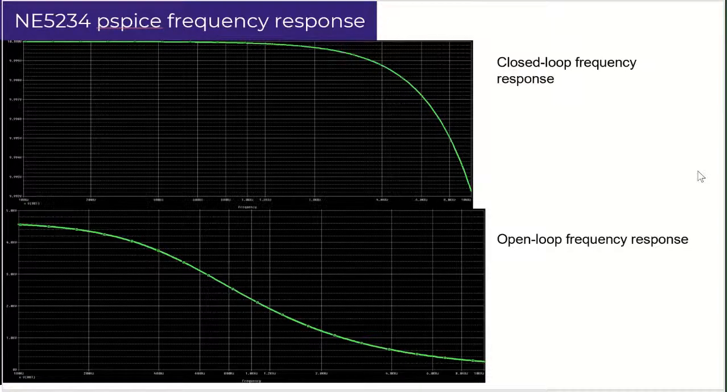This is the NE5234 PSpice frequency response. For the closed loop frequency response, the 3 dB point was found when the frequency was at